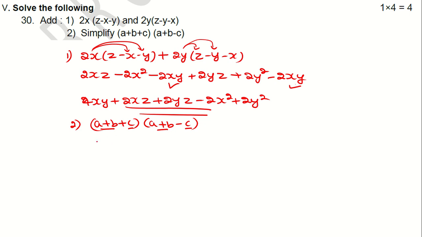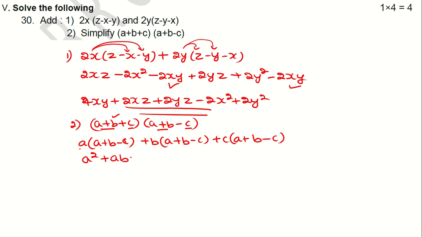Or you have to multiply this one by a single term: a into (a + b - c), plus b into (a + b - c), and also plus c into (a + b - c). So here a into a becomes a square, a into b becomes ab, plus into minus is minus,